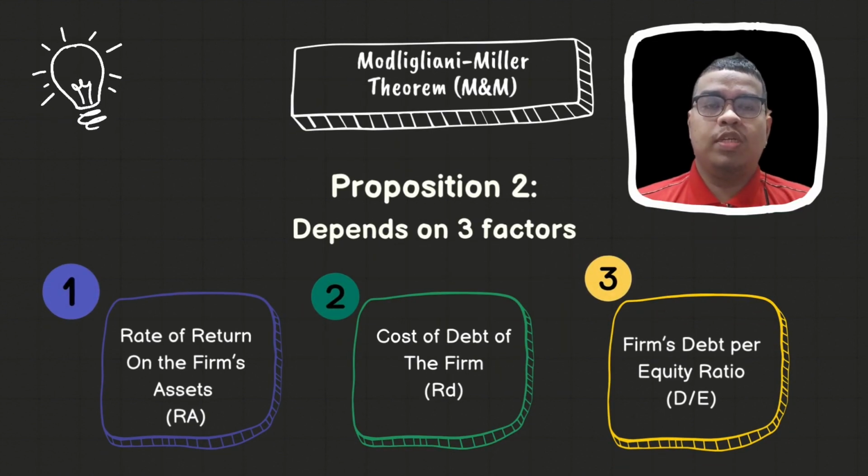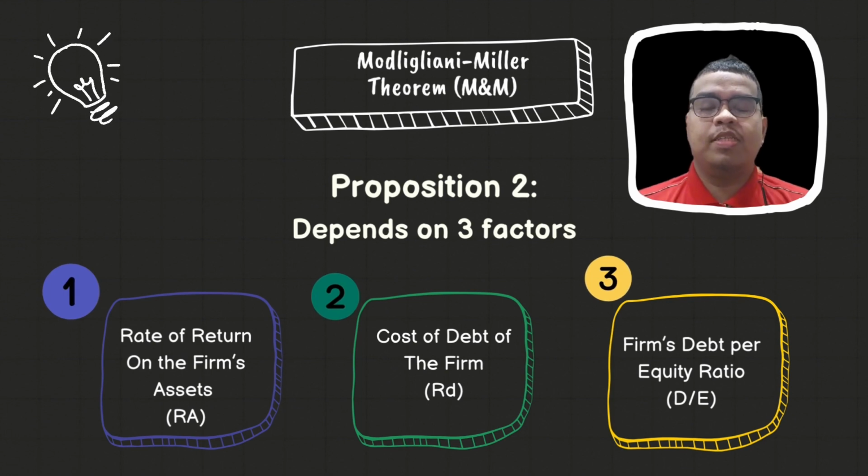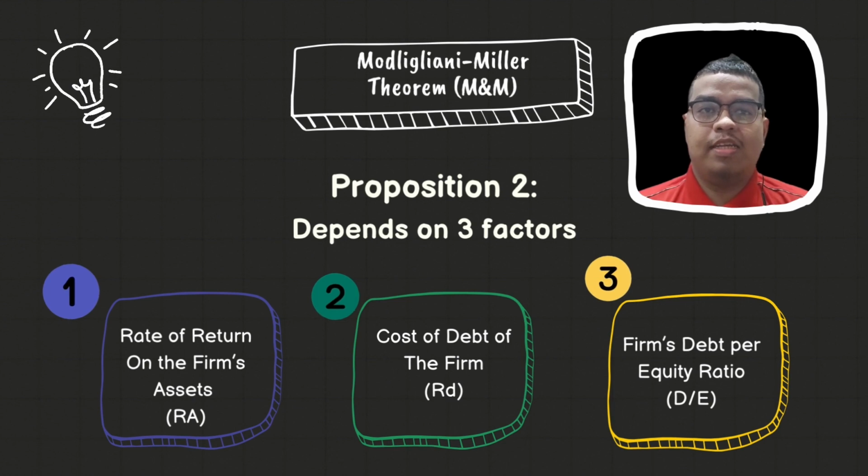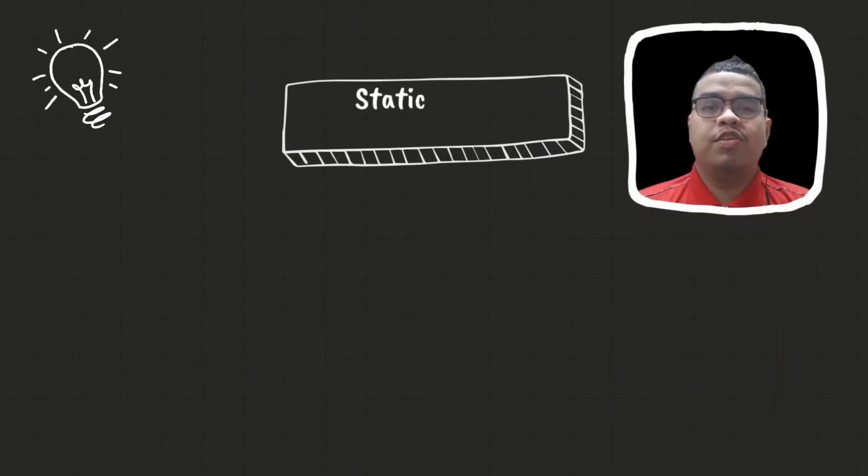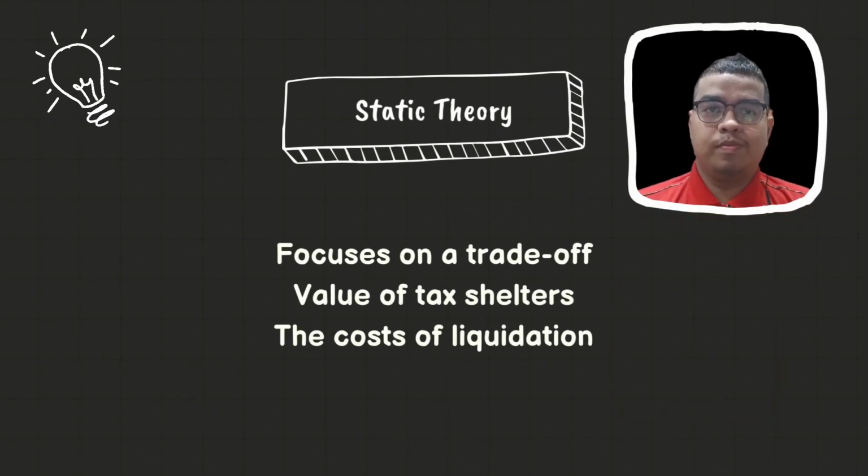Proposition number 2 depends on 3 factors. Factor number 1, the rate of return on the firm's assets, RA. Number 2 is the cost of debt of the firm. Number 3 is the firm's debt-to-equity ratio. Second is static